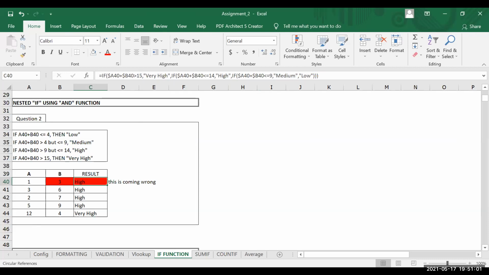So, what is the question? If A40 plus B40 is... This is coming as high, right?